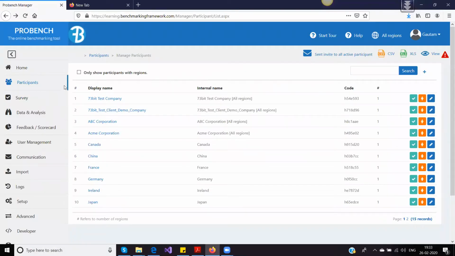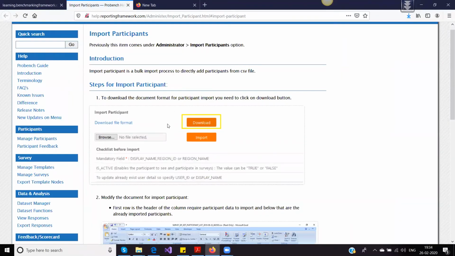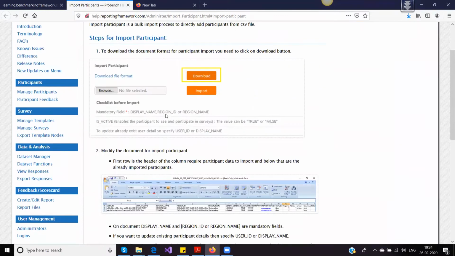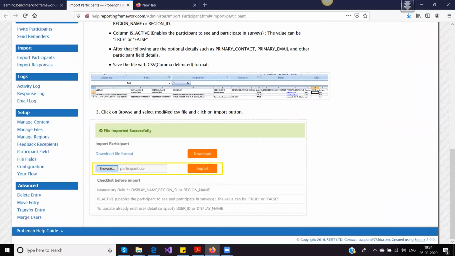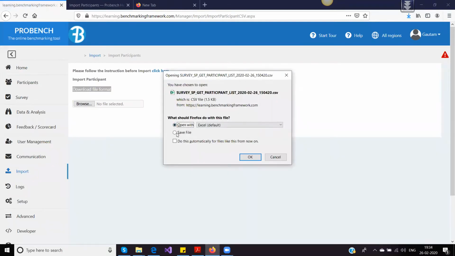So firstly, when you log in as a manager to Probench, this is the screen you will be coming to. From here, you need to click on import and then import participants. In the import participants screen, firstly, you will see a link which has the instructions on how to use this screen and how to import the participant. So feel free to go through this link. Second, you will see the download file format. This is where you will download the file format